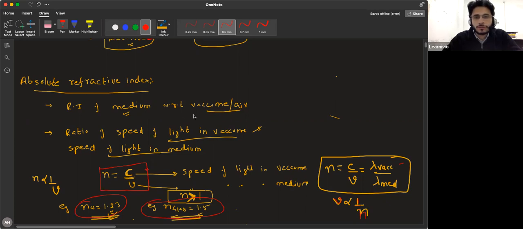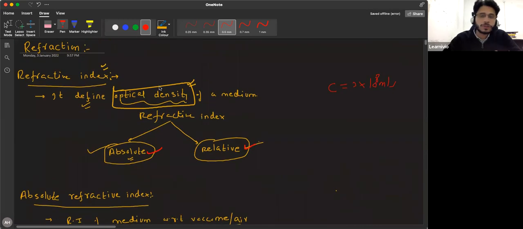Water. The medium which has a lower value of refractive index is the rarer medium, and the speed of light will be greater in that particular medium. Okay, Anshika? Yes, sir. So in water, the speed of light will be greater. This is absolute refractive index. Just note it down, then we'll see how to calculate the relative refractive